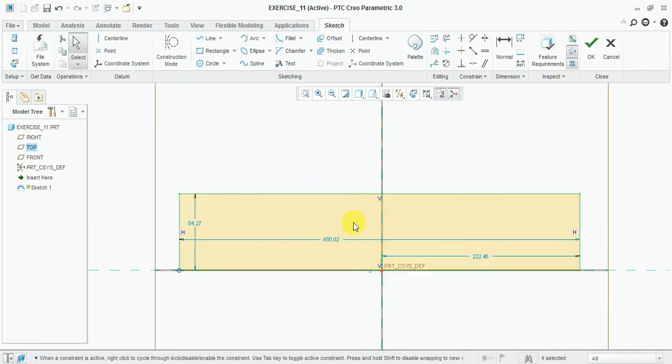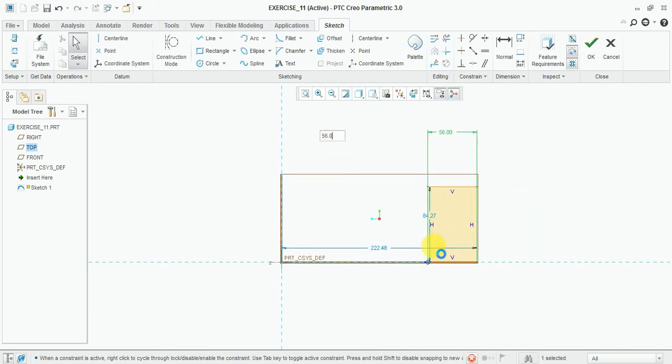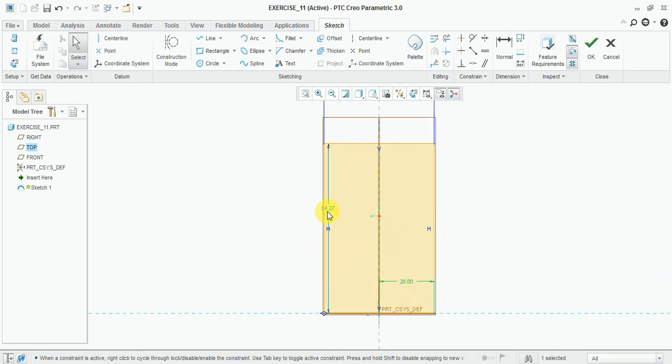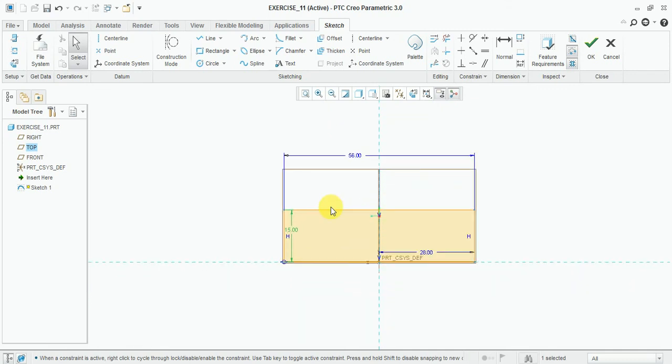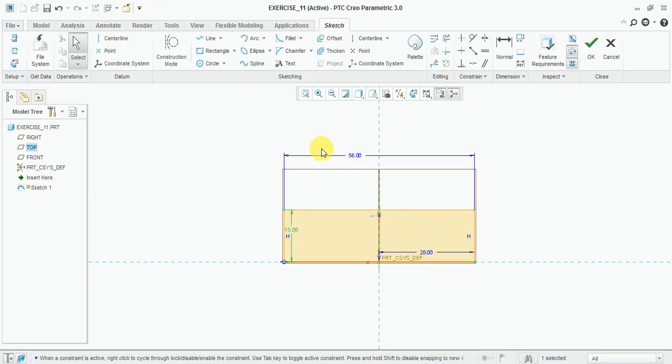Now draw the rectangle, give the dimension, this one 56 mm. Now this one is half of 56 and now height 50 mm. Now here you can see the 12 mm left, 12 mm both the sides, and now height of 5 mm. Draw this rectangle.